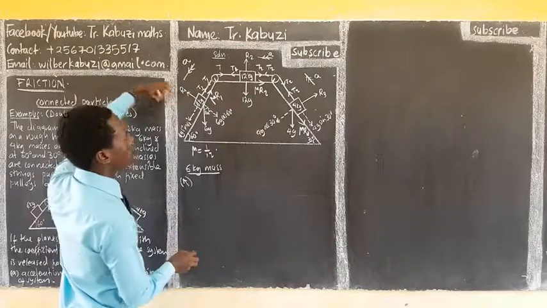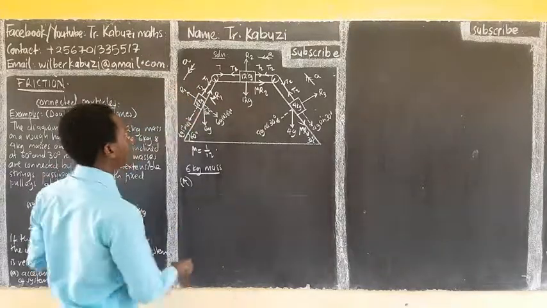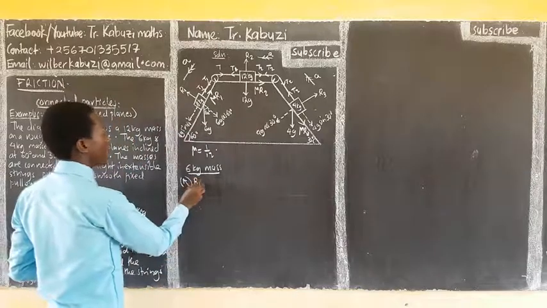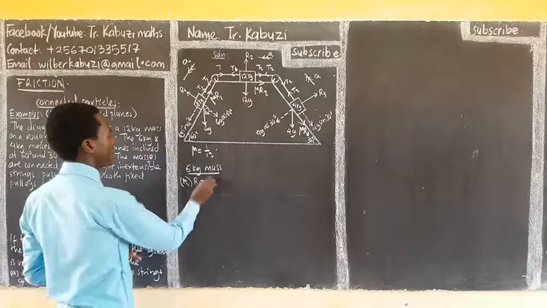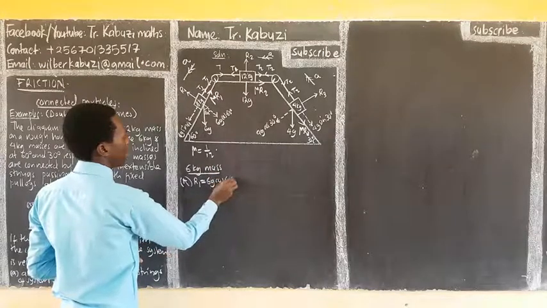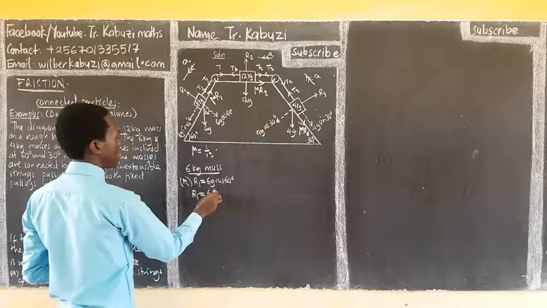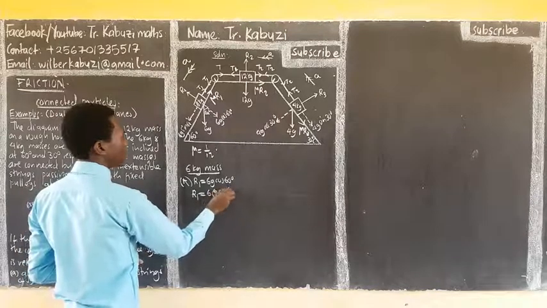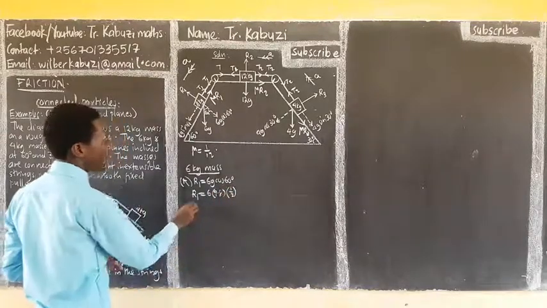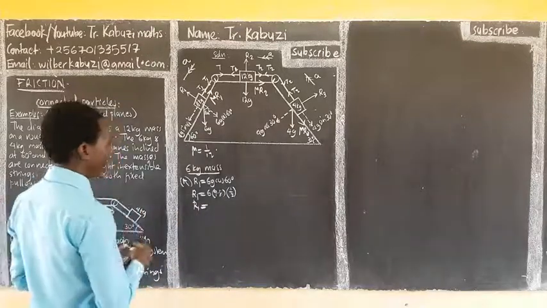Remember, there is no acceleration in this direction, so it means that this force is balancing with that. So this equation starts by getting this resultant. So our R1 will be 6 into 9.8 cos 60, which is a half. So our R1 is going to be